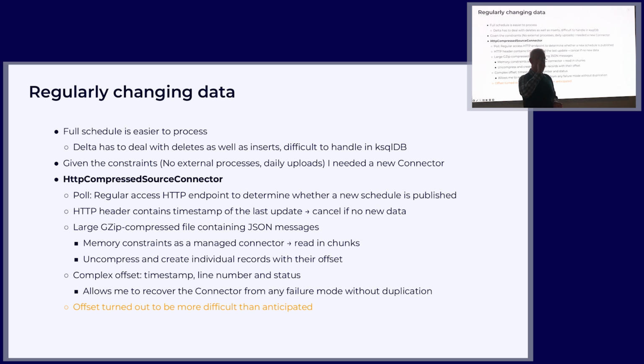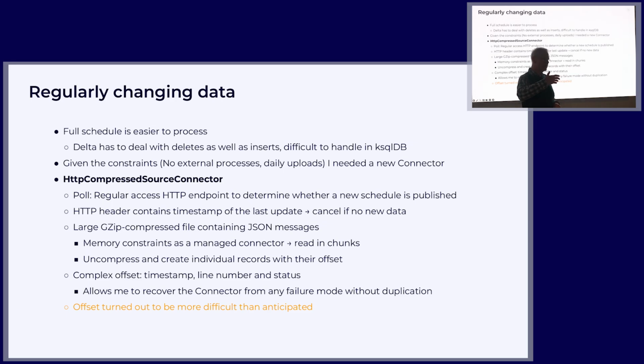And I want to do this as a connector. That connector doesn't exist, so I had to write it myself. A chance for me to learn how to write a connector, which, believe it or not, after 6 years of Confluent, I hadn't done yet. Good. So it's a big gzip compressed file in JSON format. Each line is a JSON message that I have to process.